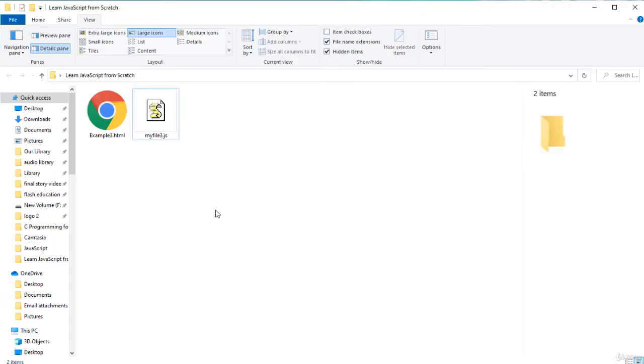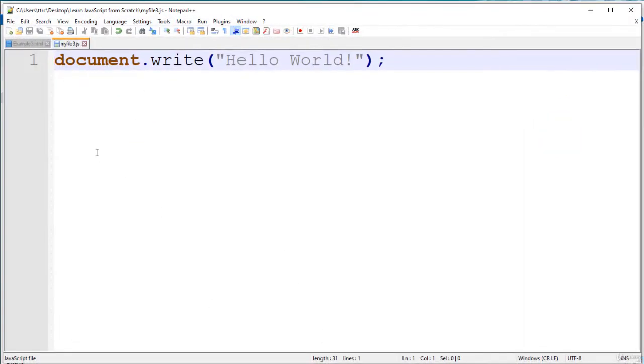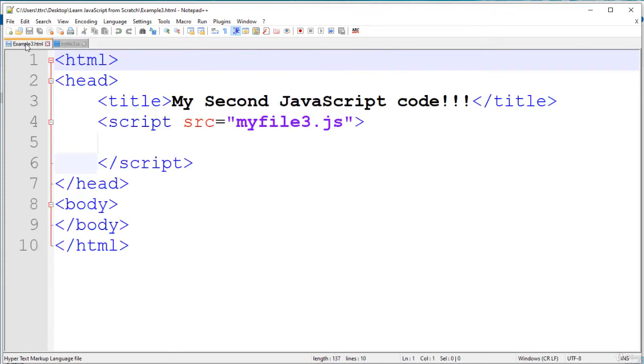JavaScript files can also be written using any normal text editor, but the extension name should be .js, and the HTML extension name, we know, is .html. So here, this document.write statement I wrote in a JavaScript file named myfile3.js, and in the HTML file I mentioned the source, src equal